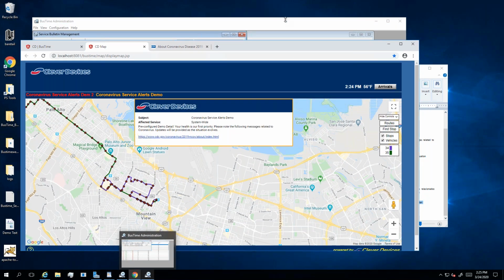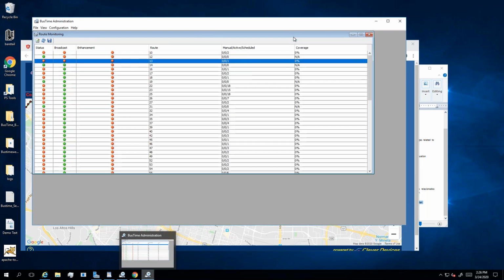I don't know if the question was more broadly for different BusTime features, or narrower down just to Twitter. I think the Twitter integration is rather simple, and really just making sure that you have an available Twitter handle that can be dedicated to tweet from. Those configuration steps should be able to be done on your own, just reviewing the steps that we went through earlier. But otherwise, if it's a more detailed question, Sarah, I think you're right. Okay, great.